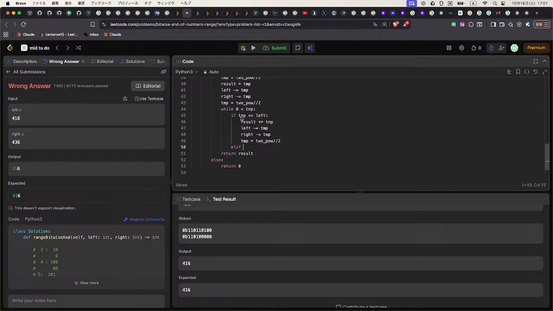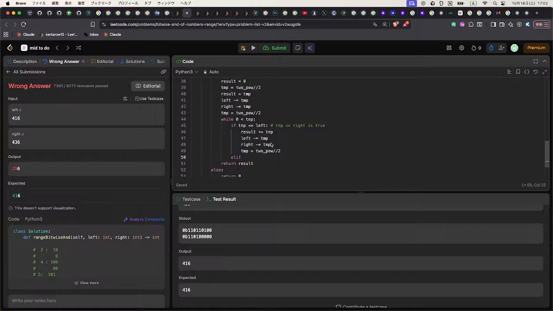If left is greater than temp, the right is true, because the left is less than right, and when the left is